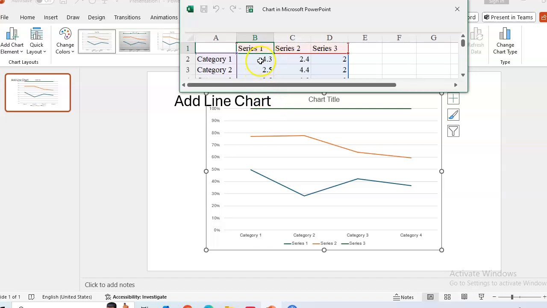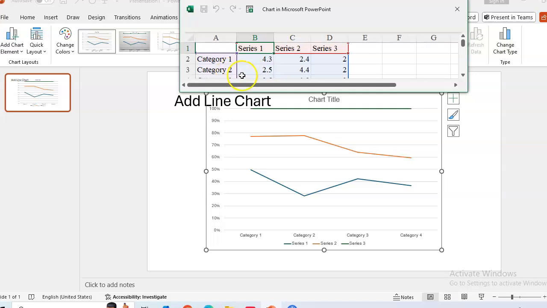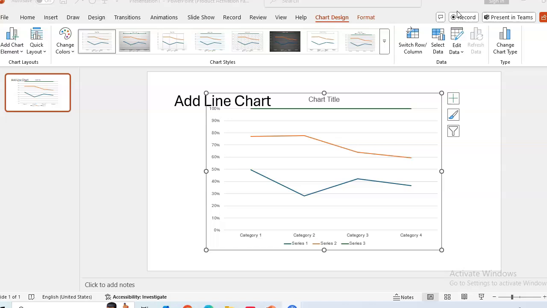And here you can change the information. For example, here category 2, just category 2, 2.5, just click on it. And then here, for example, you type 4.5, and here you do the same. Okay, after that, just close the window, and here